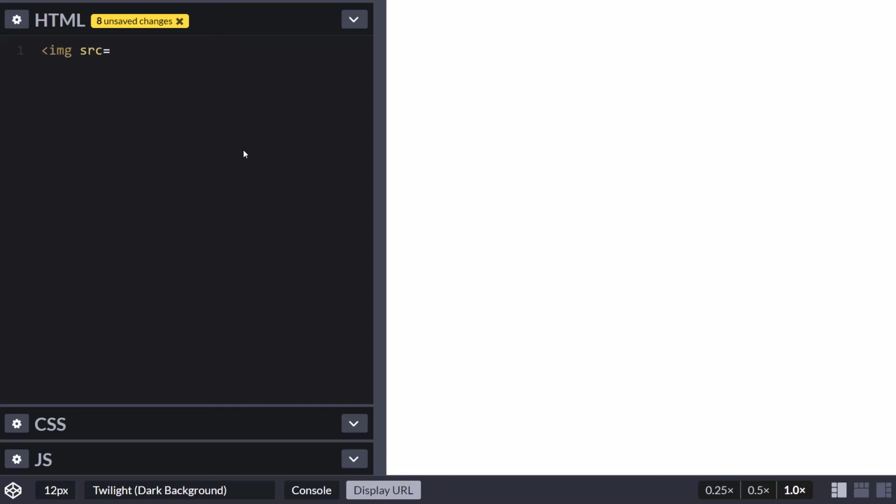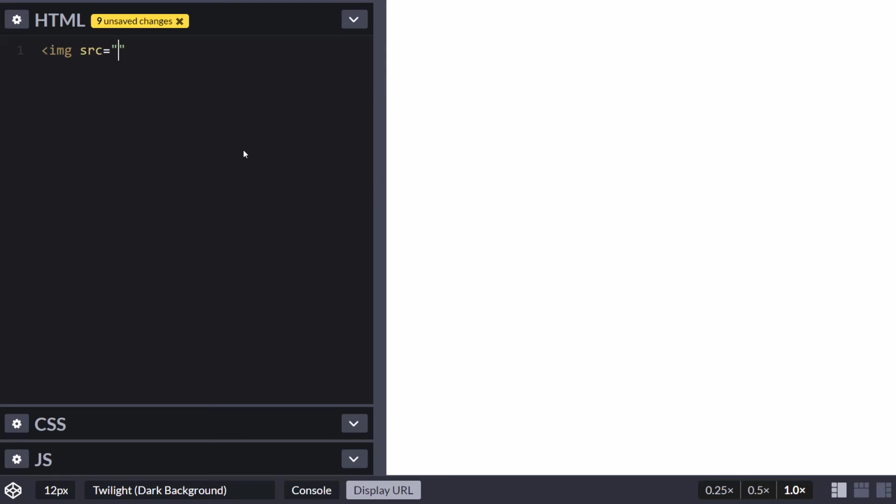Now, I'd prefer to use double quotation marks. It's not technically a standard, like there's no W3C standard about whether you should use single or double quotation marks, but I like to use double quotation marks unless the text inside my attribute has single quotation marks, all right? And vice versa, if the value of the attribute has double quotation marks, then use single quotation marks.